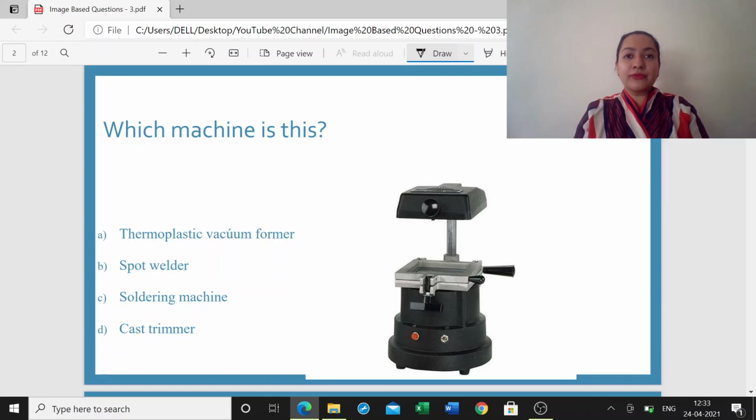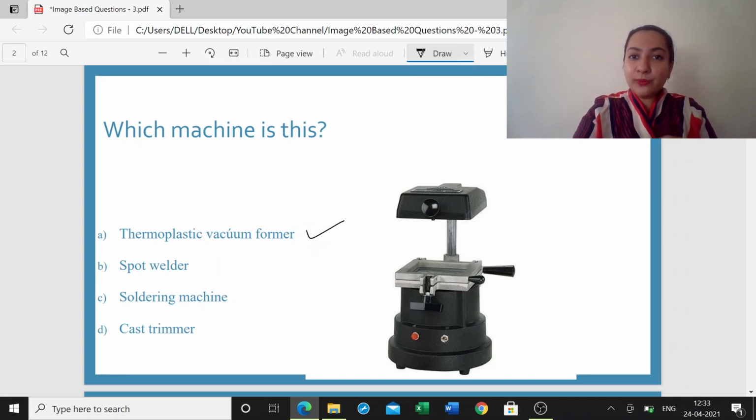At the end of the treatment, before we relieve the patient and tell them the treatment is over, we have to give a set of retainers to make sure there is no relapse, so that the corrections which have been done are retained. Therefore, thermoplastic vacuum formers are given, which are a type of retainer. There are many more types of retainers, but this machine is used to make the thermoplastic vacuum former.